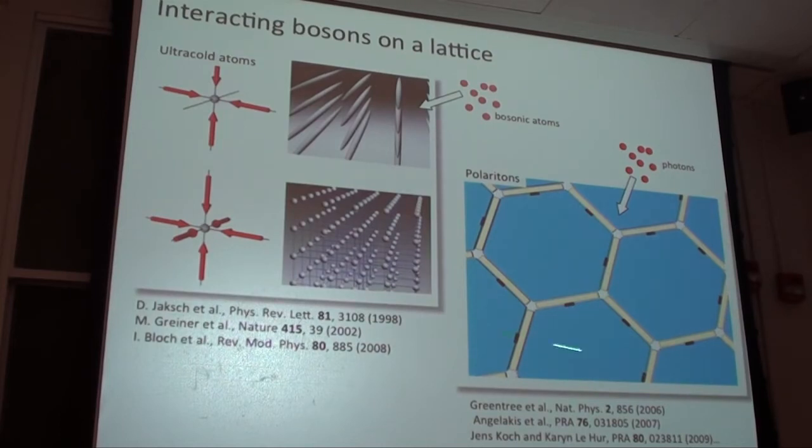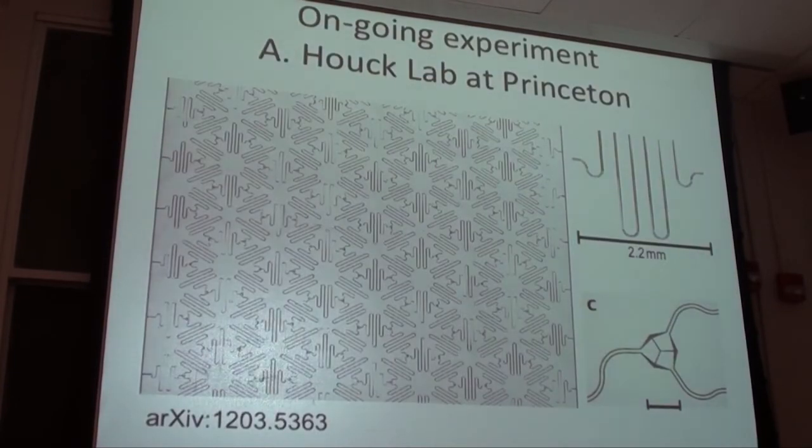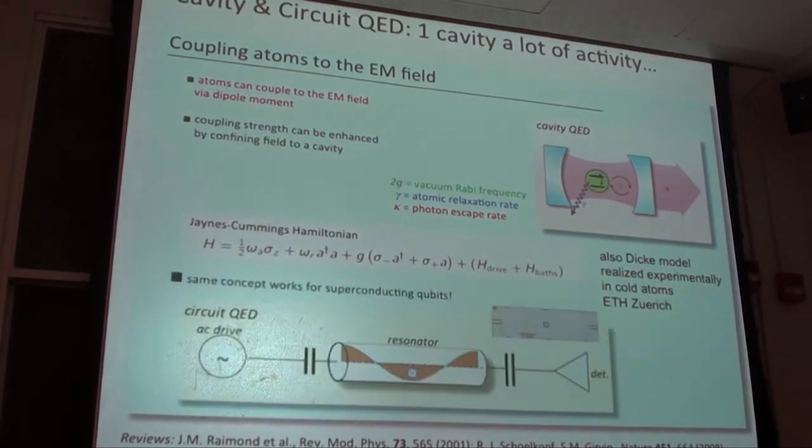So the main idea is that we have an array of waveguides, and we want to put some light that goes through, and now we have some two-level atoms or two-level qubits inside. As I mentioned, it seems maybe not simple to build, but you can have a look at the website. And last month came this very nice work where now they can build this with circuit QED. So those are superconducting strip lines, and now you can really couple them in a capacitive way through this kind of junction. And at a simple level, the capacitive coupling between waveguides gives a hopping between the photons. So now they can do that. They can actually build an array. And the next step would be to look at a